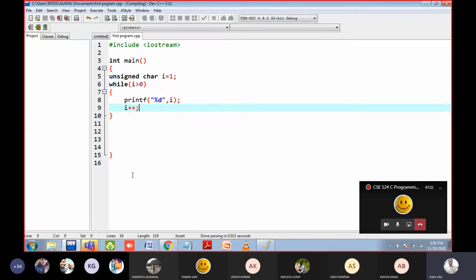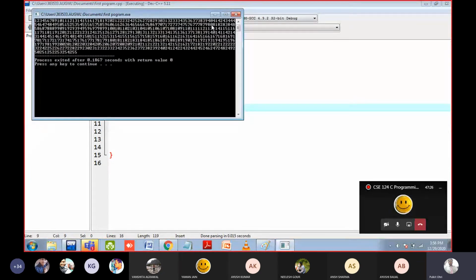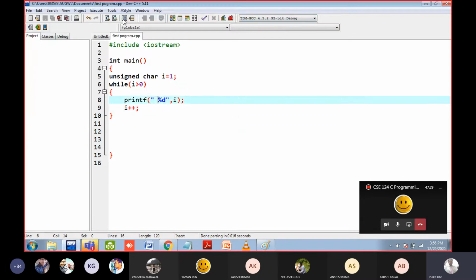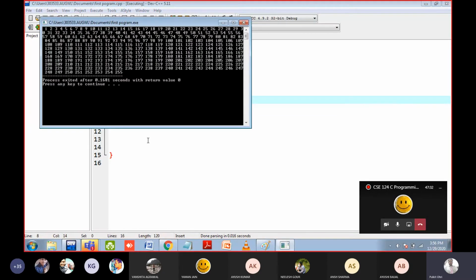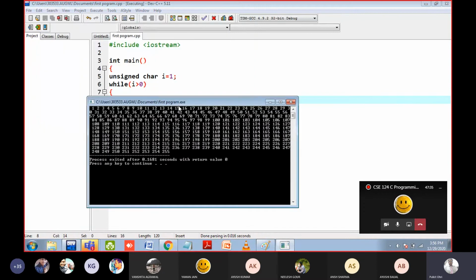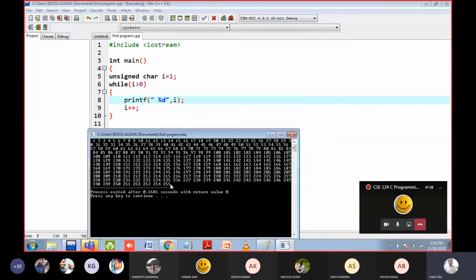Okay, you can check finite numbers are there. The last number is 255. Okay, when the last number is 255 and when you do at line number 9 the increment operation, then the next value will not become 256. Why?